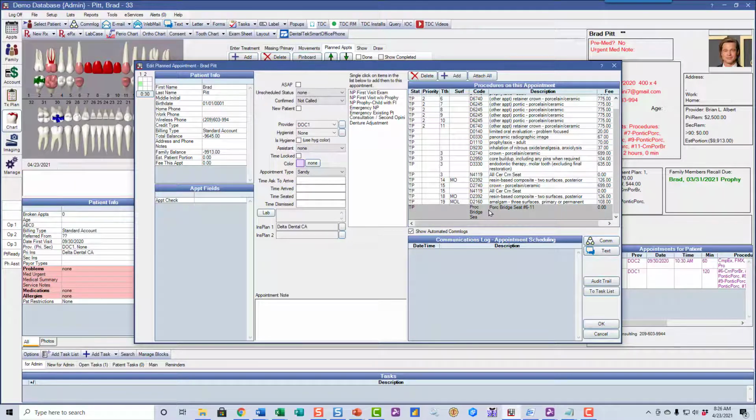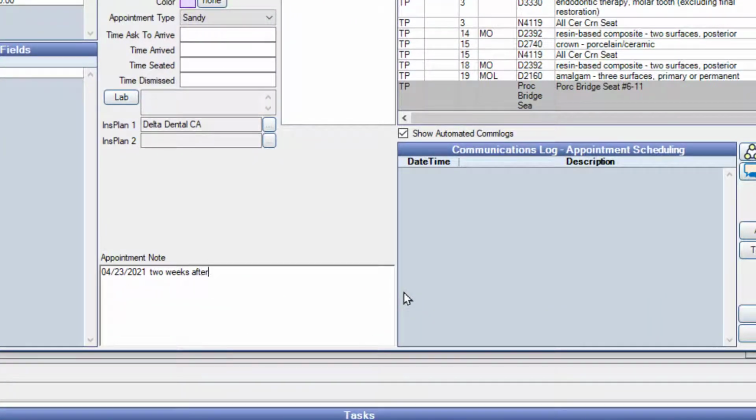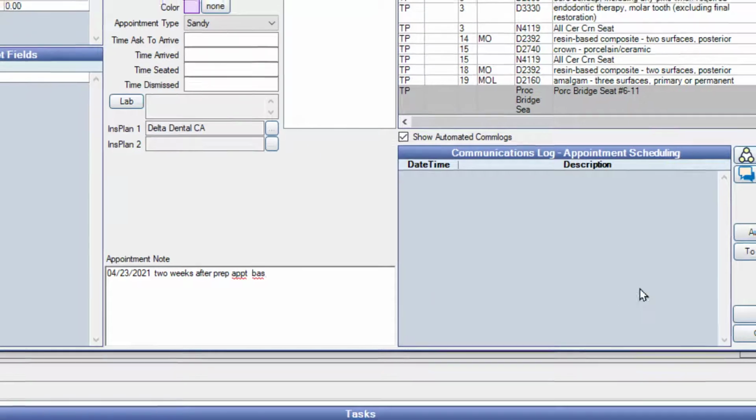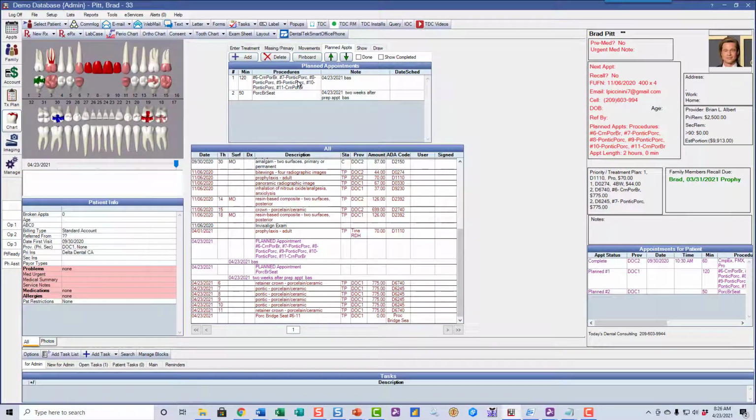Here's my bridge seat down here, okay, and probably not enough time, so let's make that a little bit longer. All right, and again, I'm going to date stamp it and probably put my initials. So this is really clear now. Anybody that looks at this can see not only is this number 1, but also this says 2 weeks after